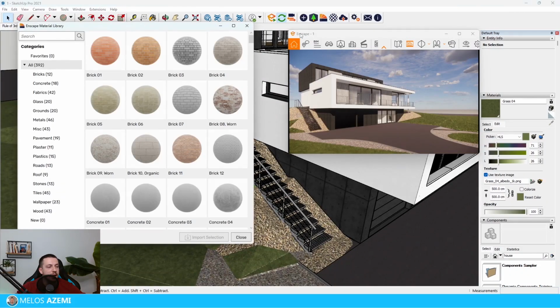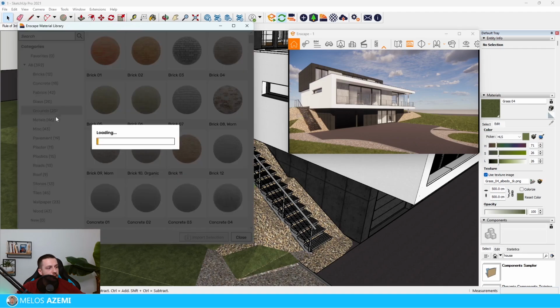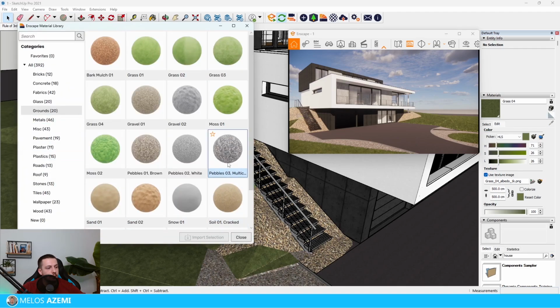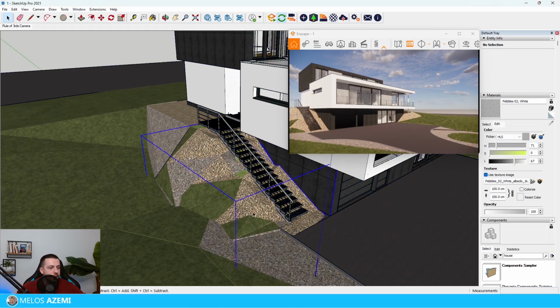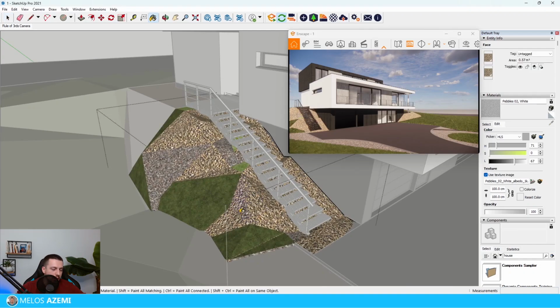So I'm going to go ahead to the Enscape material library once again, and I'm going to go to the grounds material once again. I'm going to choose the pebbles material. I can either choose the only white one or the multicolor. I believe that using an only white pebble will look much better. So I'm going to import the selection, and I'm going to go ahead and apply it everywhere where there's gravel or